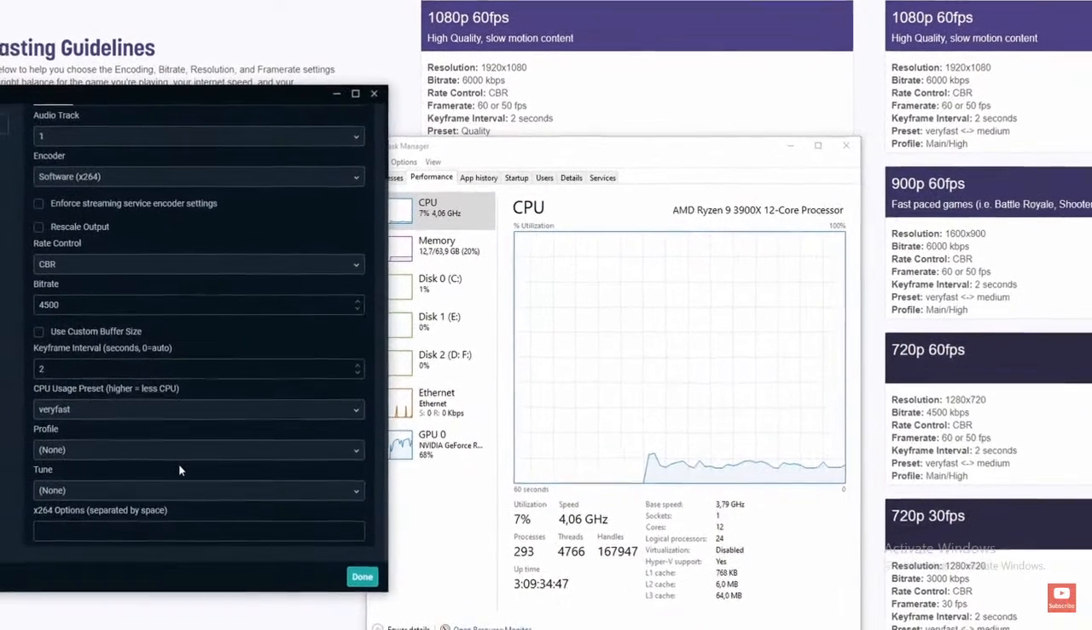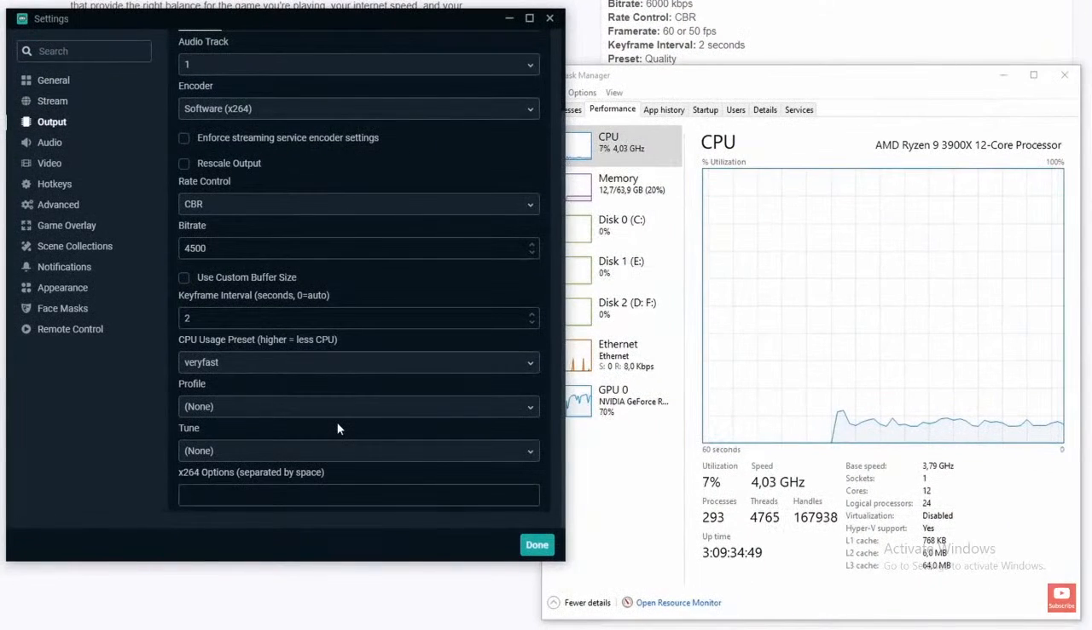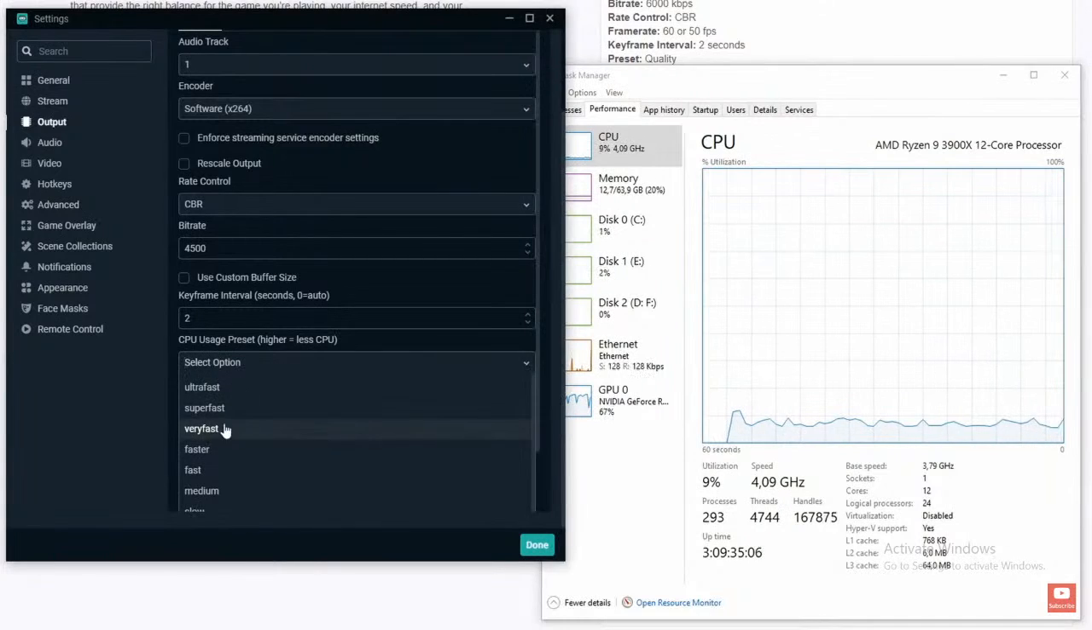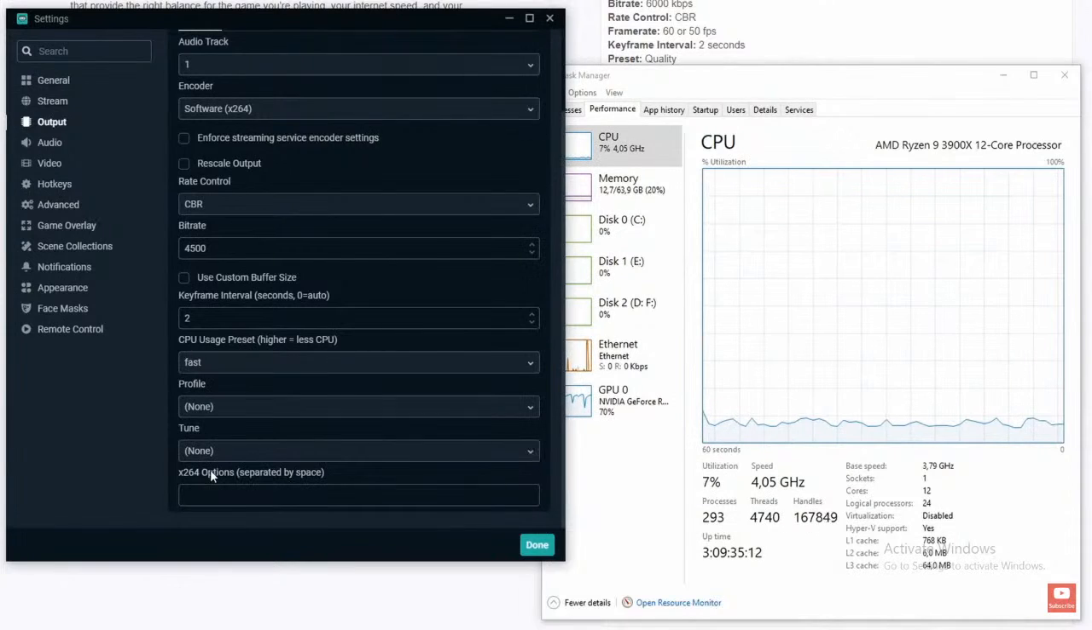So once we're done setting everything up, you will want to launch your stream, go online, start your game, start playing, and then see on this graph right here what your CPU usage is. If the CPU usage is around 50 or 40%, that means that you still got a lot of room, and you can change this very fast option, for example, to faster or fast. It's also possible that when you set it to fast, you start your stream and your game, that you will see that your CPU jumps to 90%, and that